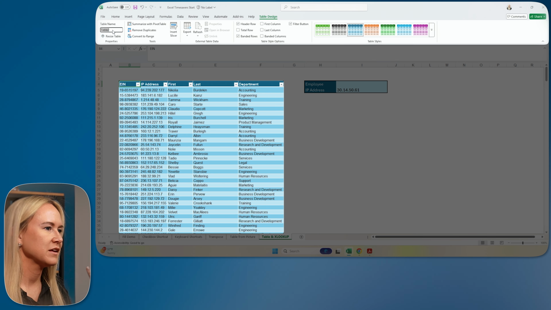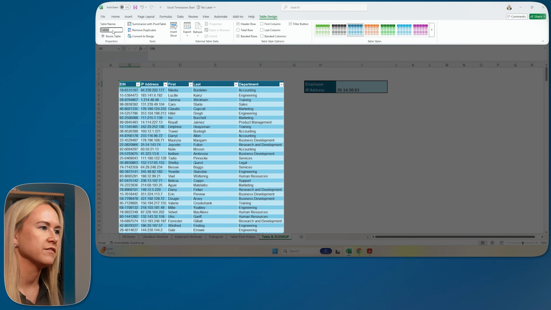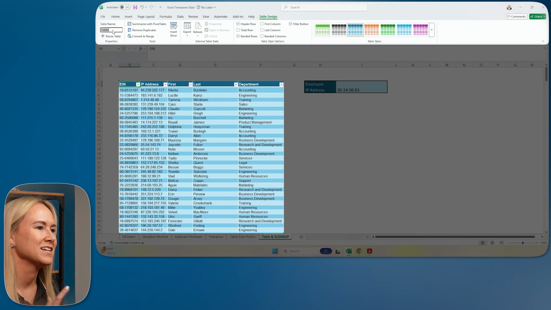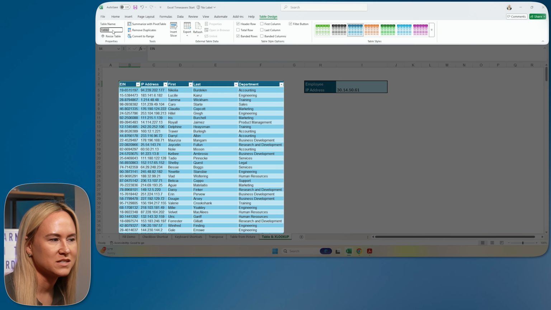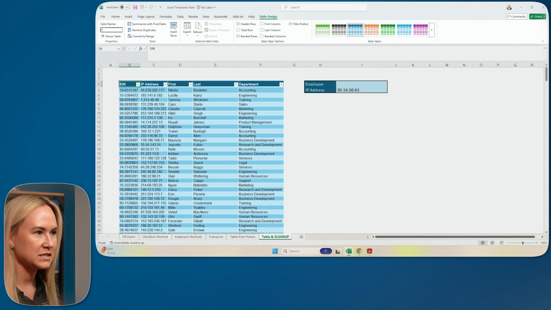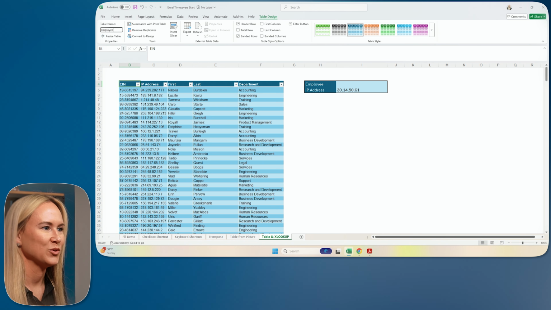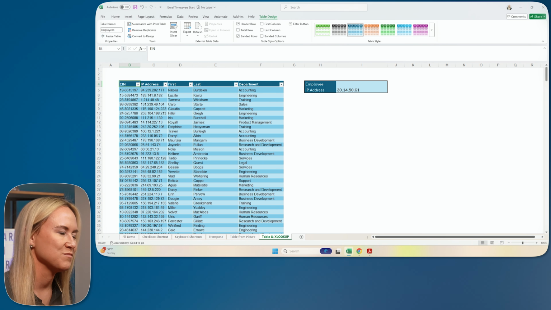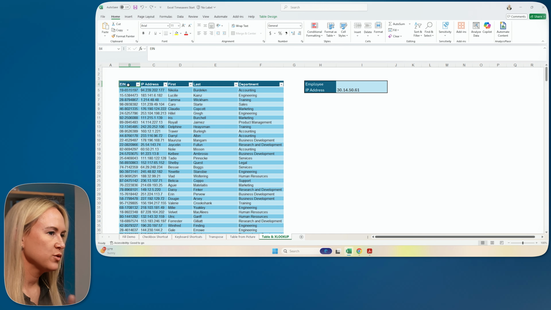This is a table containing columns like employee identification number, IP address, first, last, department. What I really think this table should be named is employees. And you'll see how this is going to be helpful later on when it comes to referencing the table. Now that we formatted this as a table, I want to show you how easy it is to insert a